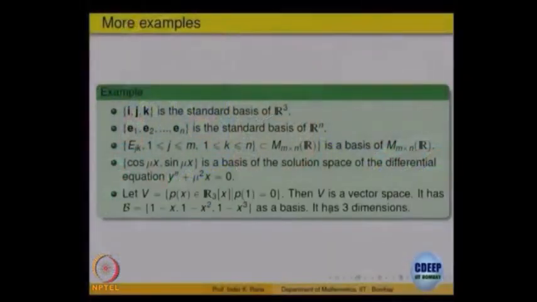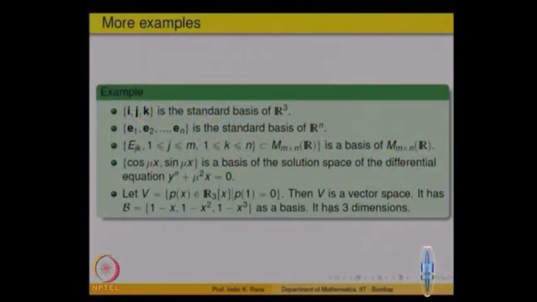This you will come across when you are studying solutions of a differential equation, this will come back to you. How do you describe all possible solutions of a differential equation? You will look at the homogeneous part of it, you will find a basis for the homogeneous part, which will give you a vector space, and you want to generate that vector space by describing the minimum number of independent solutions. So, this kind of thing will come back to you. Okay. Let us look at one more example.